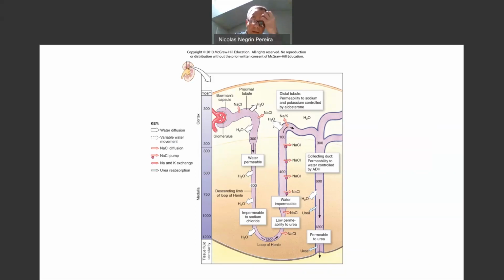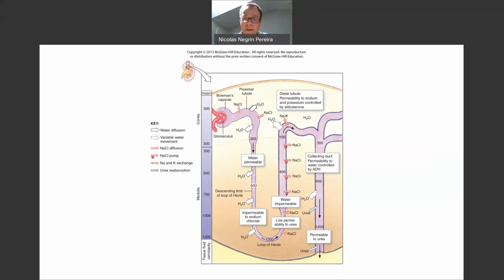So the collecting ducts are highly permeable to urea, and this urea will be one of the solutes that stay around the medulla of the kidney, and of course will contribute to the high osmotic gradient present in that region of the organ, and that will contribute to the passive absorption of water we saw in the descending limb of the loop of Henle. And to keep urea, the solutes around this region and contribute to this high osmotic gradient present in the kidney,